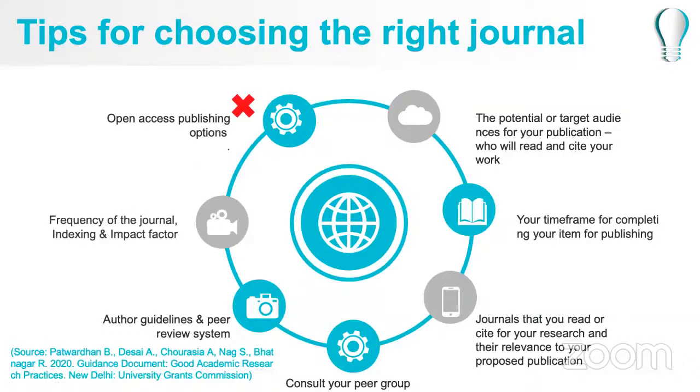So imagine 5,000 is something different and 1,000 rupees is something different. With $1,000 and 2,000, the quality of the journal is also not good. It's not listed in various indexing systems, and it will not have an impact factor also. So you have to keep in mind whether the particular journal is basically an open access journal, or a commercial journal that has given an open access mode for their articles. So you can also think about that.